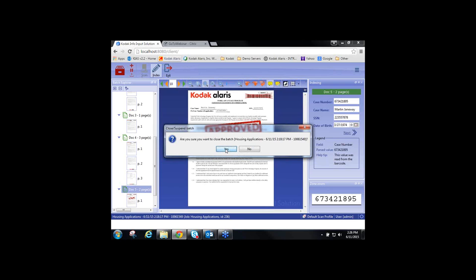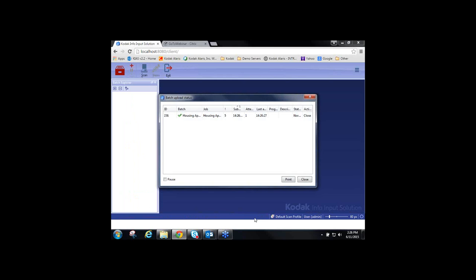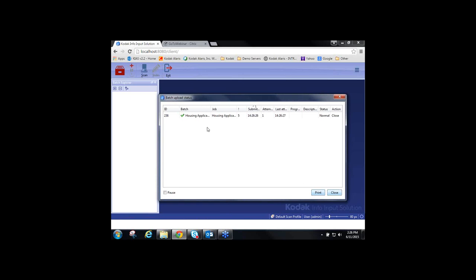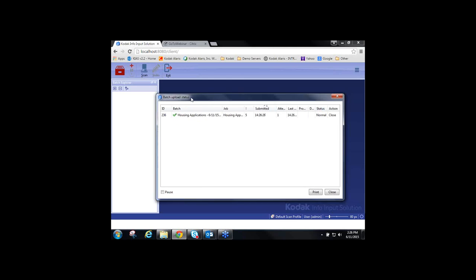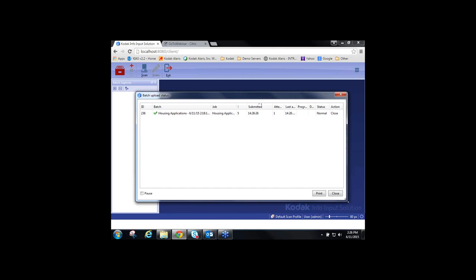It asks me if I'm sure. I'm going to hit yes. Down here on the bottom, you can see a little upload progress bar. I double clicked on that real quick, and it comes up with the batch name, the job, the time it was submitted, and various other information. This job setup is set to export just to a file folder. So I'm outputting PDFs with the index information in the XML file format, and the annotations are being output separately